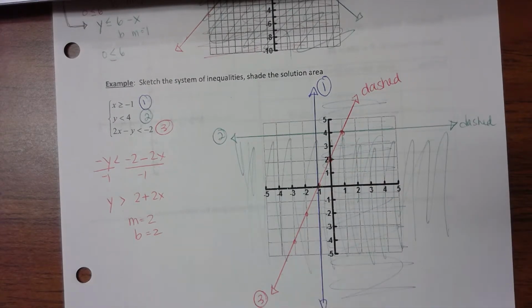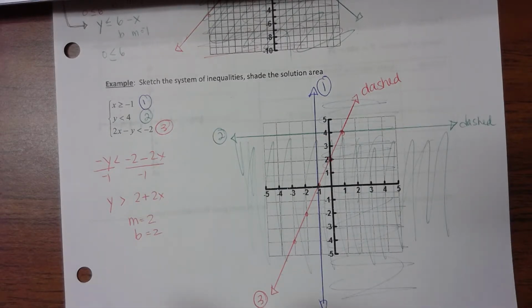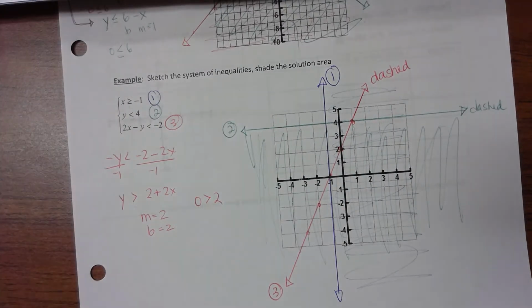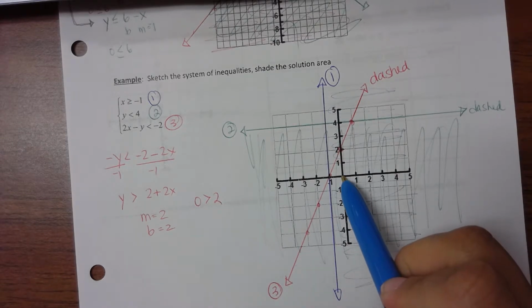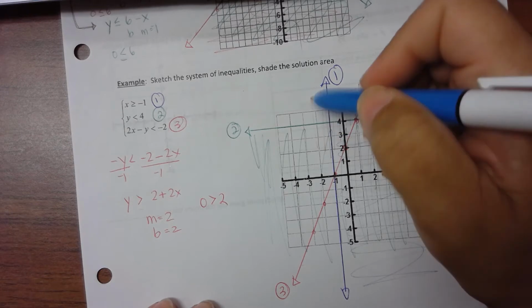I wrote dash next to it because, again, this is supposed to be a dashed line. If I do the 0, 0 test, I get 0 is greater than 2. Is 0 greater than 2? Hopefully you said no. So that means 0 is not a solution. So here's where 0 is. But if it's not a solution, I have to shade where 0 is not, which means I need to shade everything on this other side